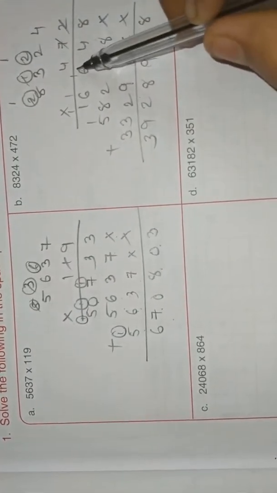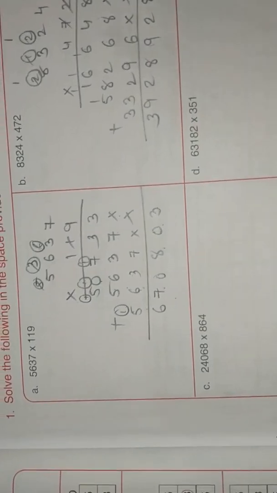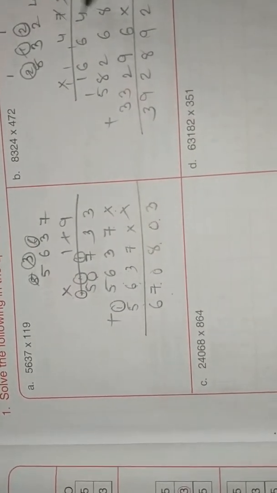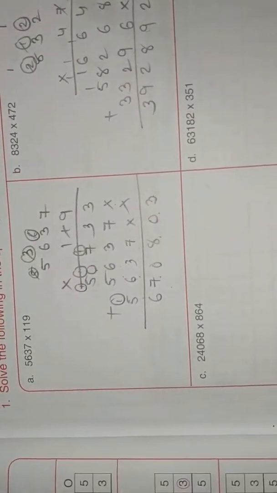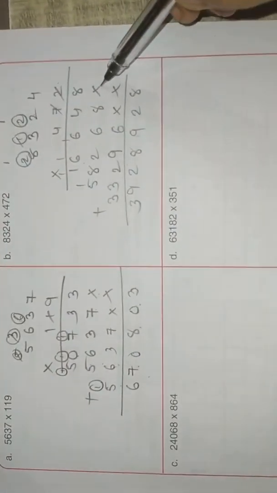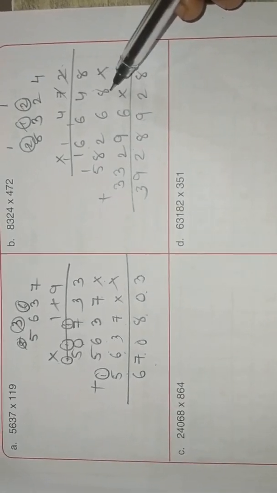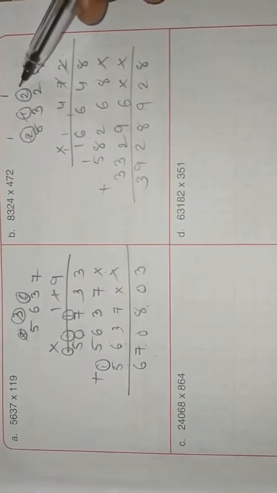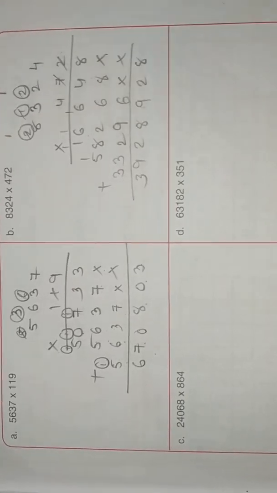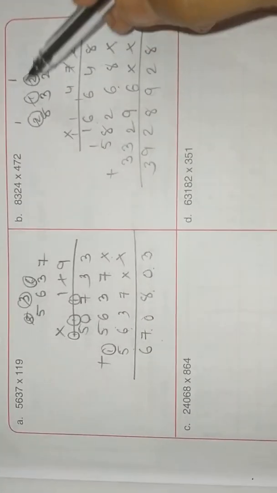8,324 into 4,072 is there. So in that, 4, 2 4s are 8, 2 2s are 4, 2 3s are 6, 2 8s are 16. Cross marks here. 7 4s are 28. Right here 8, 2 is a carryover. 7 2s are 14. 14 plus 2, 16. Right here 6, 1 is a carryover.